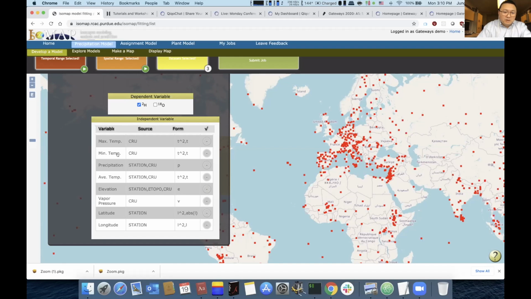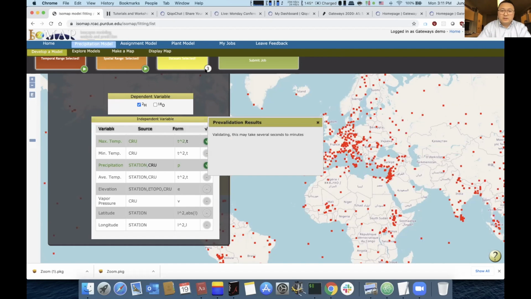For the demo, I will use maximum temperature and precipitation. This one has only one source, the maximum temperature, but for this selected period and selected area, there are two different sources. I will use station, and sometimes you can use either the intact form, the squared form, or the absolute form of the variable.